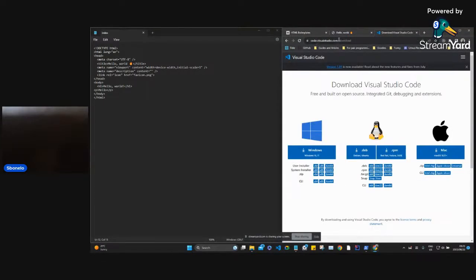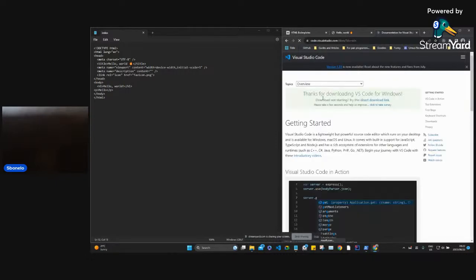The link is provided on this page, which is code.visualstudio.com/download, and you'll be presented with a variety of operating systems. In our case, we want to download VS Code for Windows. If you use any of these, go ahead and click the appropriate button. So let's assume we are using Windows, click on this button, and we are going to be directed on this